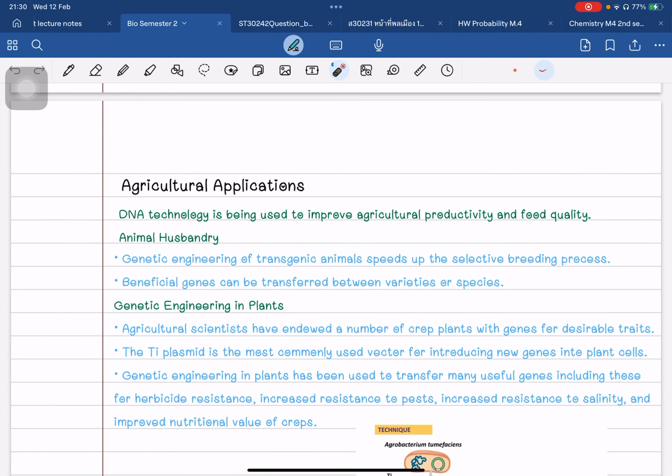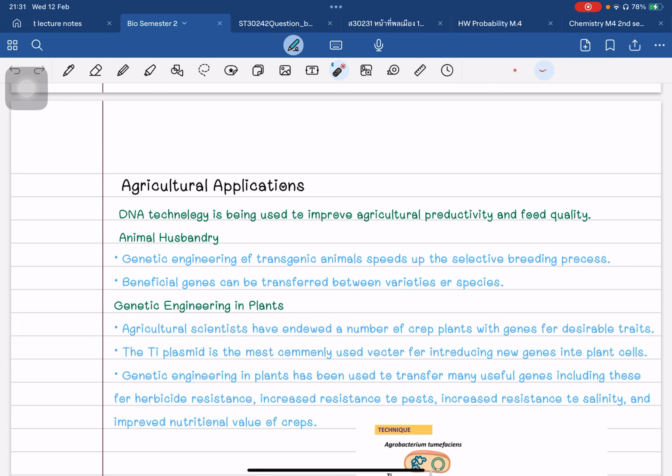And next is about the agricultural applications. DNA technology is being used to improve agricultural productivity and food quality. In animal husbandry, genetic engineering of transgenic animals speeds up the selective breeding process, and beneficial genes can be transferred between varieties of species. And in genetic engineering in plants, agricultural scientists have endowed a number of crop plants with